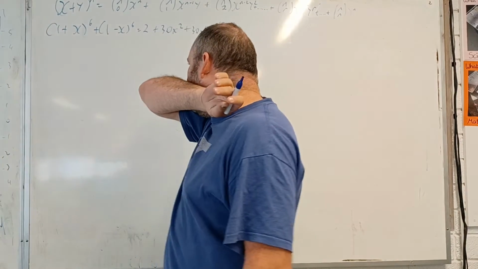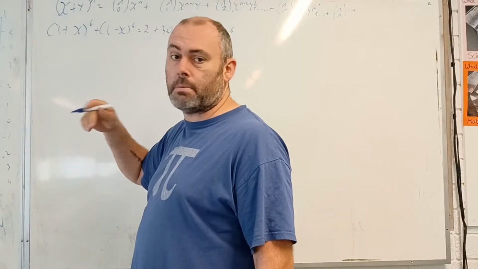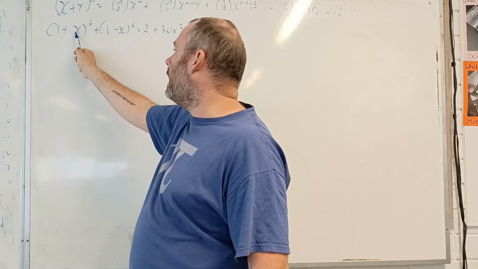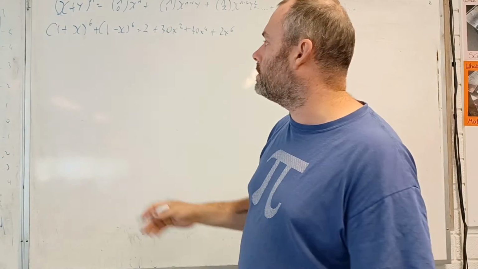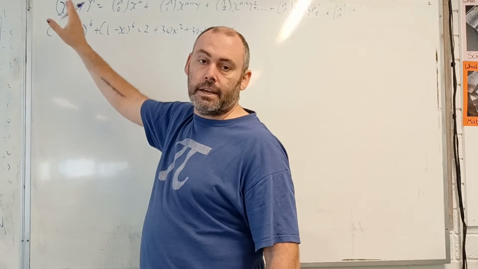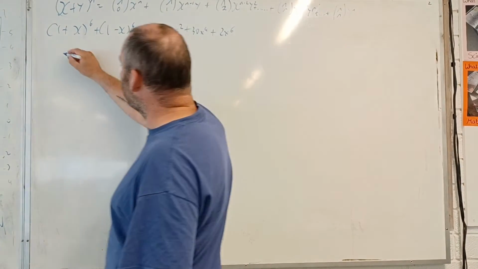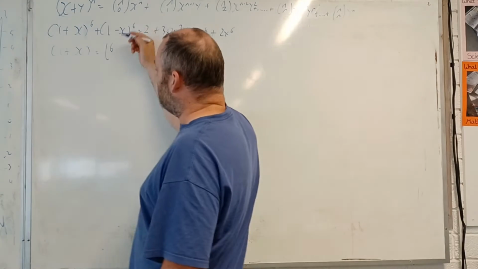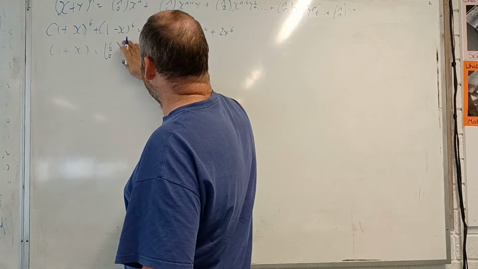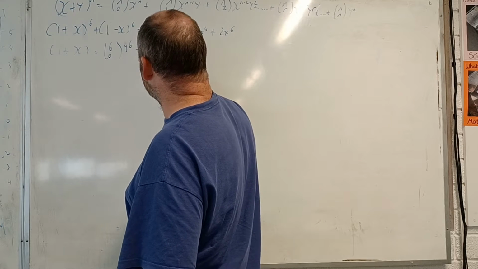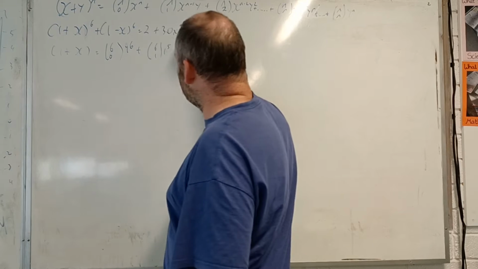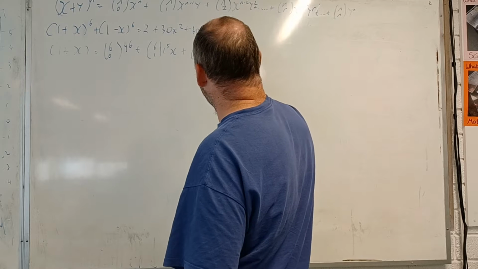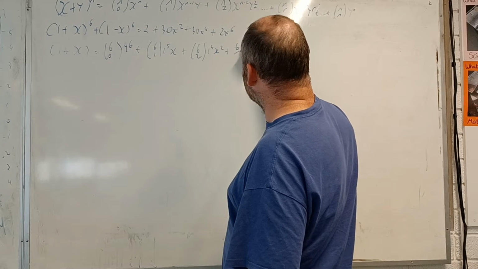So we're going to do this separately for the two. Remember, as I said in my previous video, the 1 here is the x part of your formula, and the x here is the y part of your formula. In other words, the first term in the bracket is x, and the second term in the bracket is y. So starting off with our first one, we have 1 plus x is equal to, n is 6 because that's our highest power. And this is 1 to the power 6 plus 6C1 times 1 to the power 5 times x, 6C2 by 1 to the power 4 by x squared plus